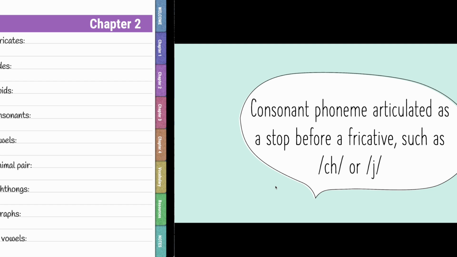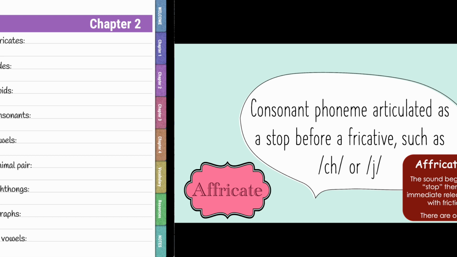Consonant phonemes articulated as a stop before a fricative. There's only two, ch and j. So they have a definite stop, but you can feel that friction. They're closely related to a fricative right around it. So that's an affricate. I would explain it to students by saying there's only two, and it has a definite stop where you release the air and friction, but it's going to feel like it has that vibration and friction